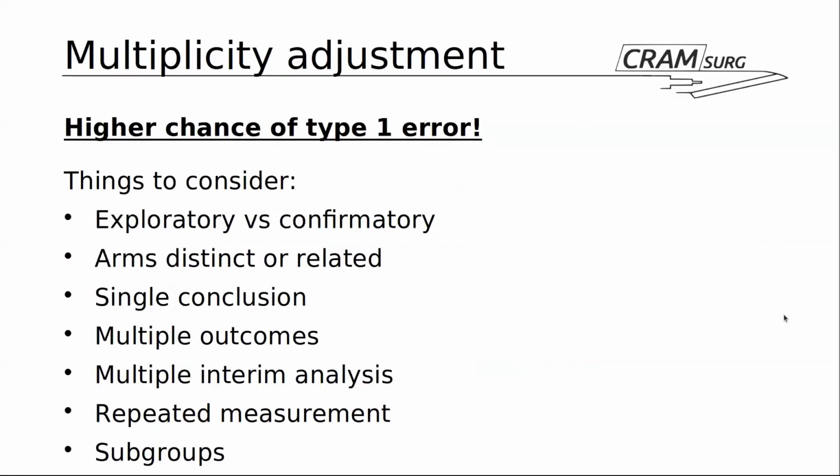Now, obviously, this is a well-known phenomenon that has been discussed in the literature. And if you just do a quick Google search, you'll find a lot of papers talking about multiplicity issues and multiplicity adjustment. And basically what it is is a higher chance of finding a false positive result or a type 1 error. Things to consider when you're looking at a paper that talks about multi-arms